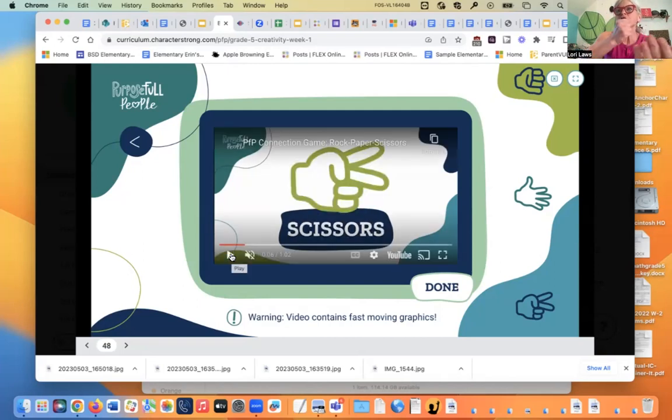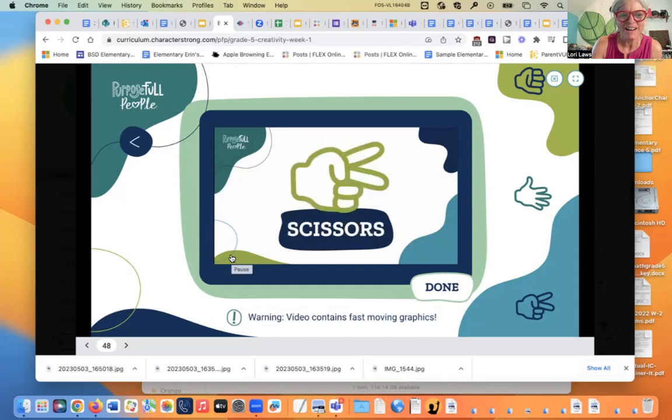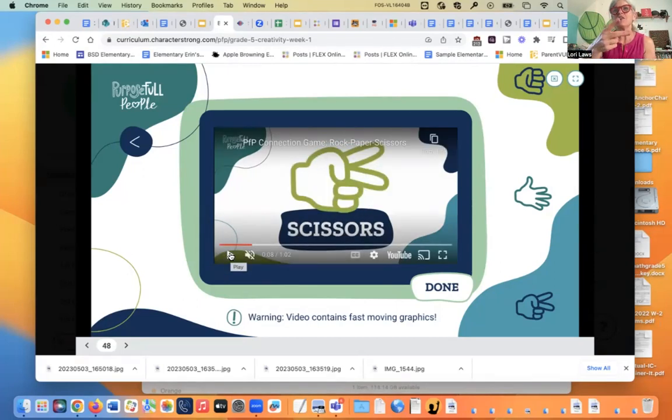Scissors. I got to smash them. Scissors. If you had scissors, you're still in. Here we go again. Ready? Rock, paper, scissors, shoot. Okay, I'm scissors this time. I see a rock and paper. Interesting. Here we go. Scissors. So if you're scissors, or if you are paper, no, is that right? No, scissors cut paper. If you're a rock, scissors and rock are still in.